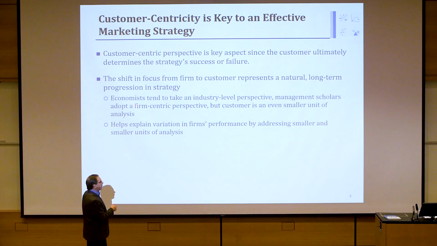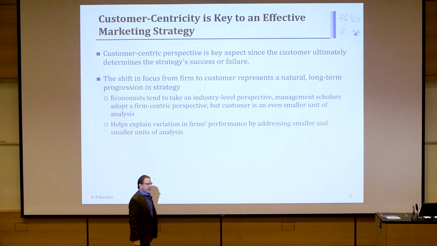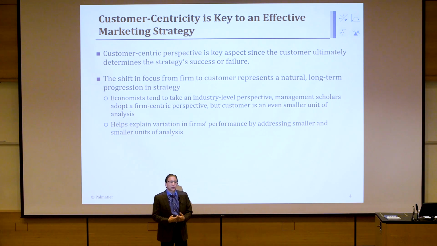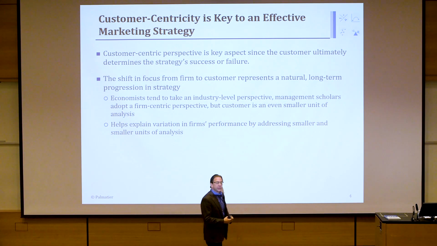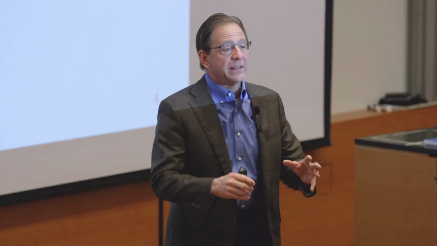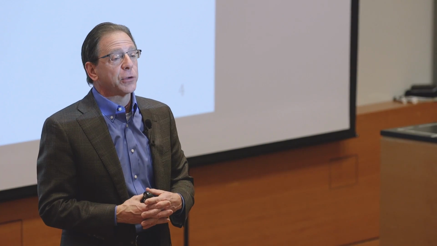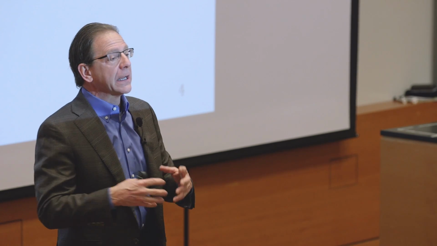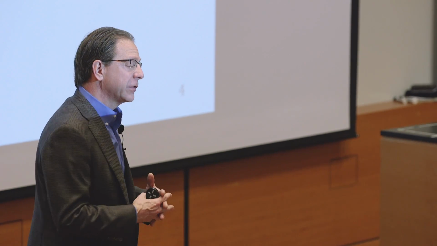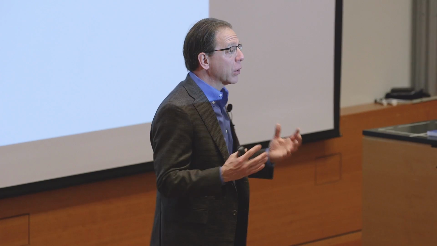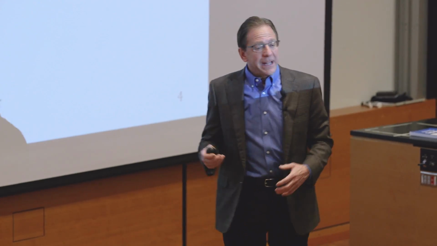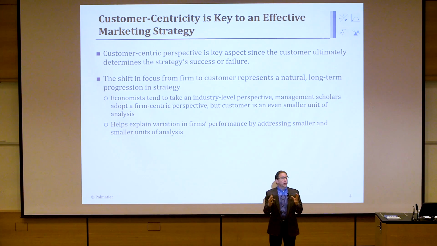We initially started with economists. If you look at economists, economists tried to understand why some firms perform better than others by looking at industry factors. They say, oh, here's a monopolistic industry, and that helps us determine how much money the firms are going to make in that industry. They look at competitive barriers to entry and exit and such, if you will, Michael Porter's framework. But they were only able to explain, let's say, 30 or 40% of the variance in a firm's performance.